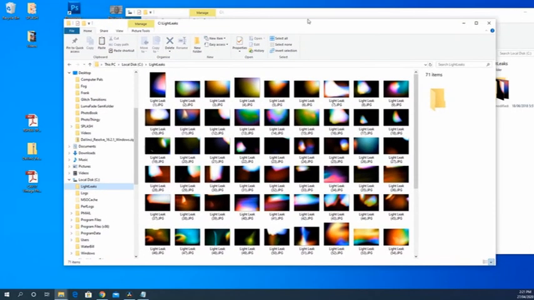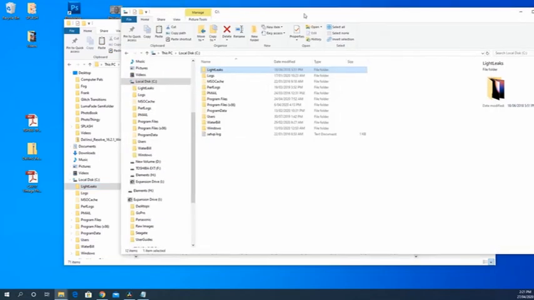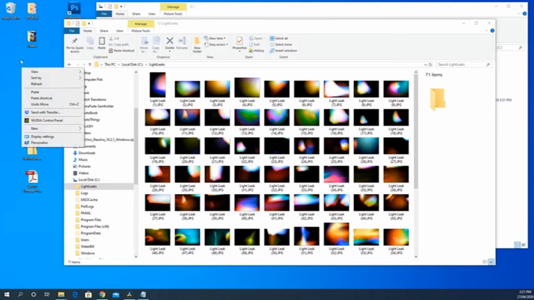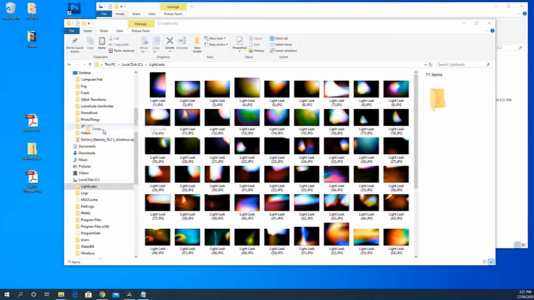I hope you found it useful, and as with anything to do with computers, it just takes practice. So I suggest you get in there and have a play around, make a file, right click in your desktop and go new and create a new folder and just call it temp,